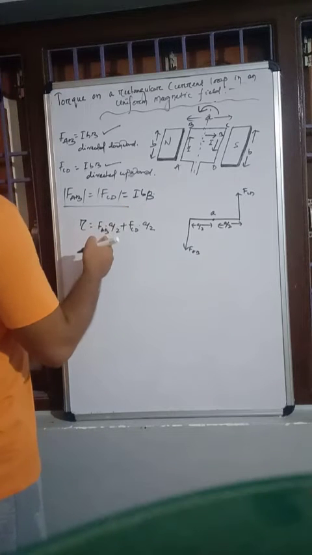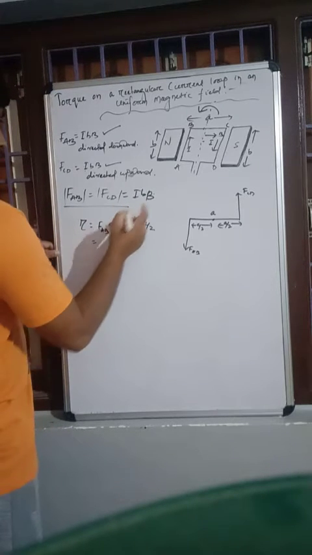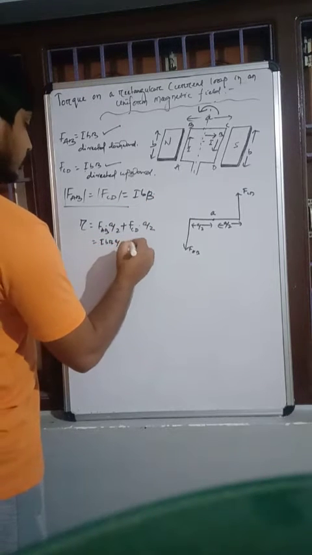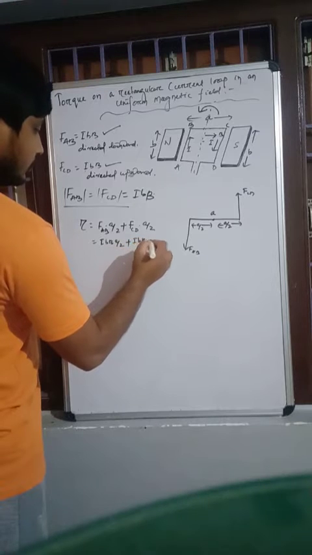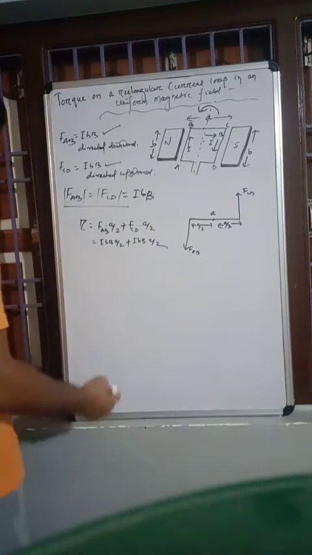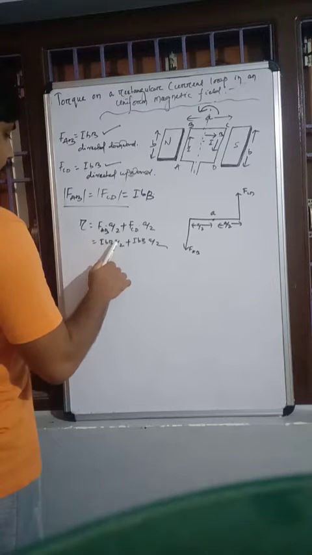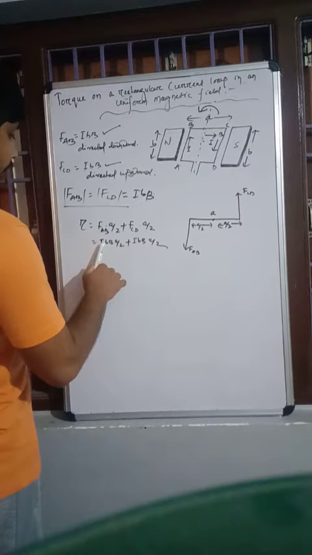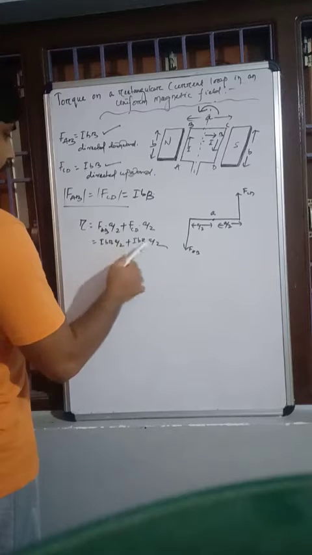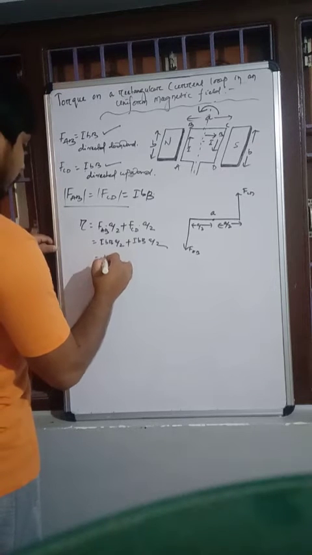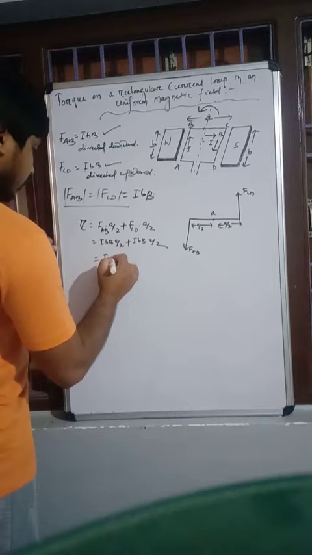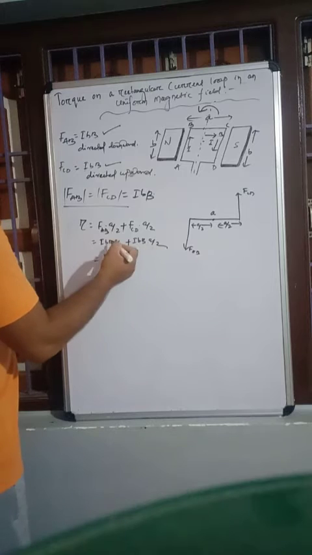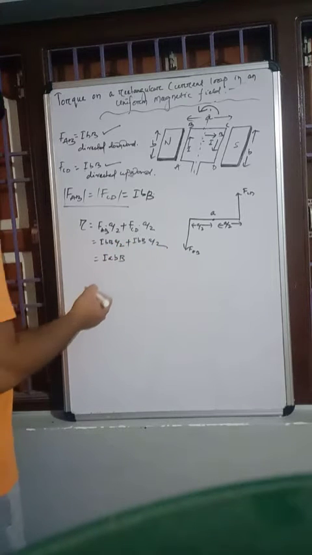Now we'll put the value of the force that we have derived. F_AB is our IBb. This is IBb into a by 2 plus IBb into a by 2. And you can see that this will be IBb a by 2, IBb a by 2. This will be equal to 2 IBb a by 2. The 2 will be cancelled. And you will get this will be equal to I a b b only. This will become twice, then the 2 will be cancelled. So tau will become